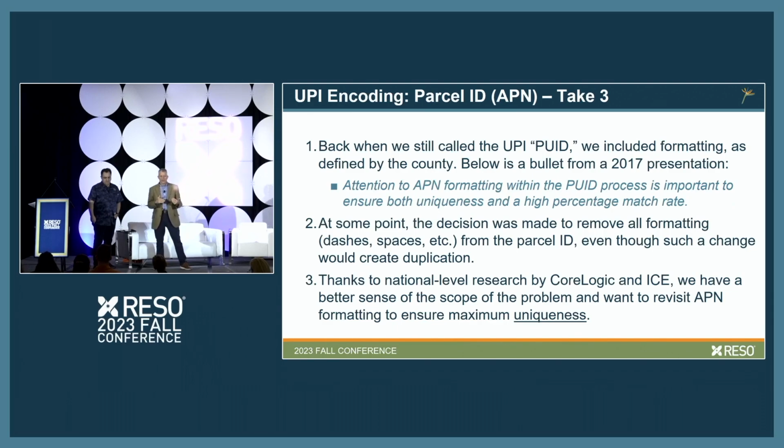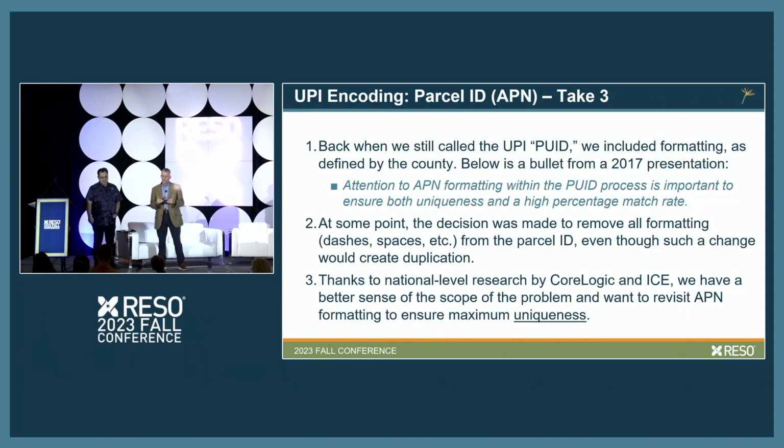We went over this yesterday, so for those of you that were here, I won't bore you again. If you weren't here, it's very simplistic: do we or do we not want to keep the formatting as maintained by the county, or do we want to remove that formatting? On paper, that seems fairly simple, but it's a pull and tug between uniqueness and universality, and there's not really one solution that's going to fix all problems.